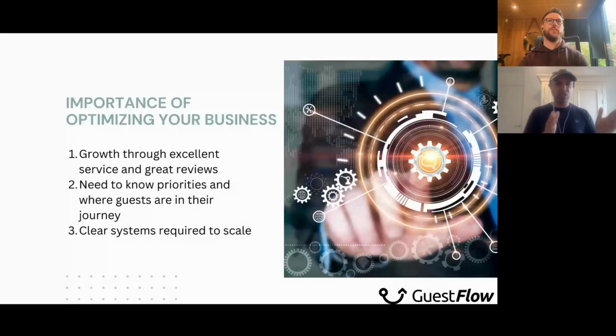Yeah, so you need to know where they are in that journey so that you can handle all of the communication, all of the tasks that you need your guests to complete, as well as your team to complete. You need to know exactly where you are on that journey: up to arrival, shortly after arrival, during their stay, coming up to departure, at departure, after departure. You need to know exactly where that guest is in that journey, and you need to know that at a glance, right? That determines what you're doing next, right? And what needs to be done still.